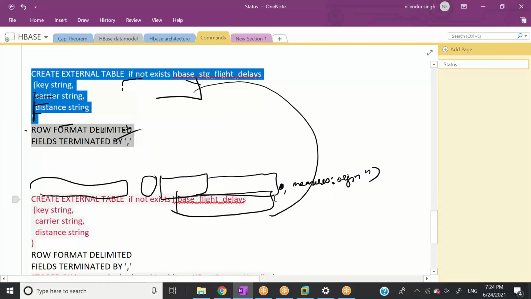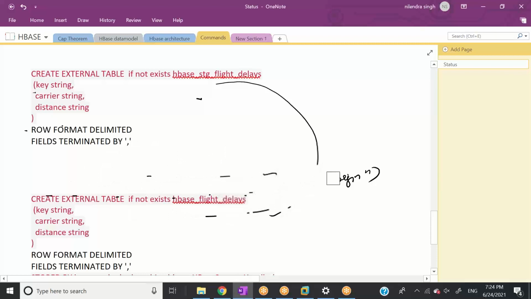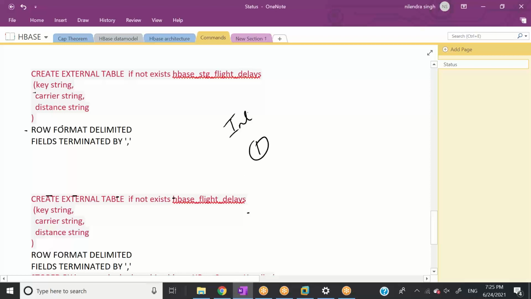So first of all, let's delete this stuff. What I did here, I did 3 things. This is how to integrate Hive and HBase.